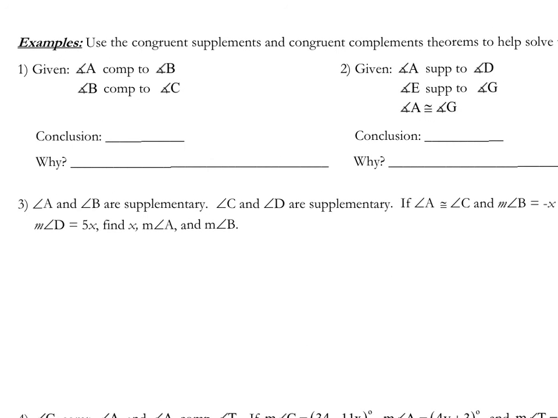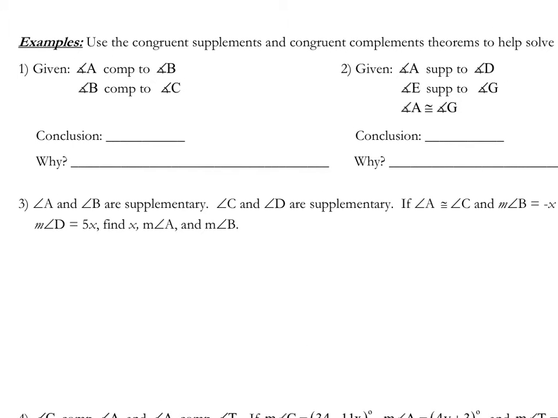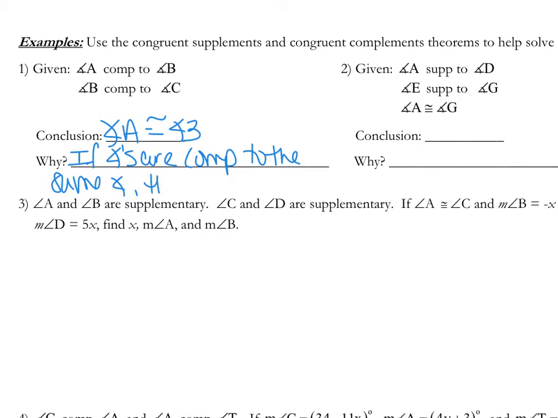It says, use the congruent supplements and congruent complement theorems to help solve the following. So if A is complementary to angle B and B is complementary to angle C, then angle A is congruent to angle C. The reason being is because if angles are complementary to the same angle, then the angles are congruent. Okay. All right, in the next example,